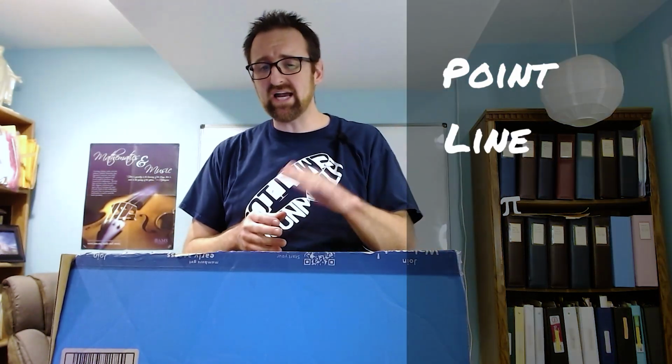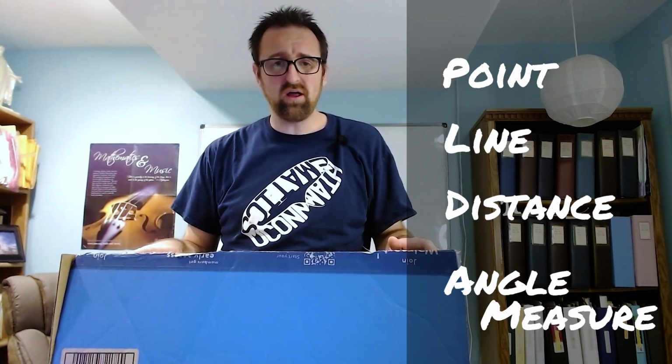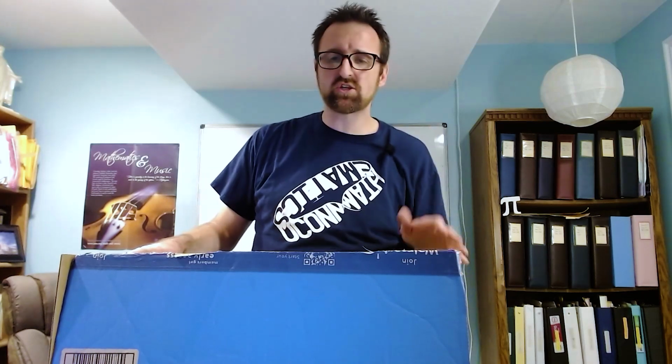In neutral geometry, and hence in both Euclidean and hyperbolic geometry, we actually have several undefined terms. The terms point, line, distance, and angle measure are all undefined. To have an interpretation, we would have to tell you what each of these terms mean. And to show that that interpretation is a model, we would have to show that those definitions satisfy the neutral geometry axioms. That is, it satisfies all the ground rules of that system.